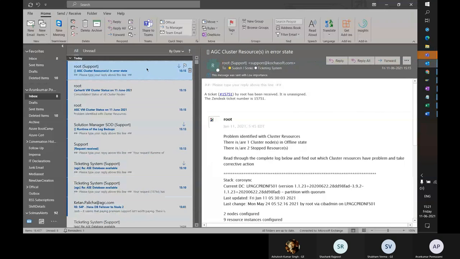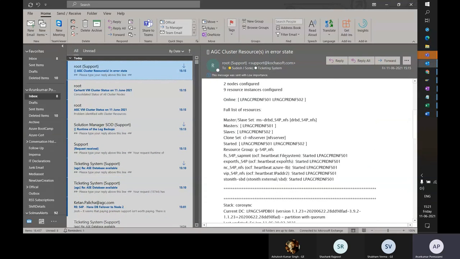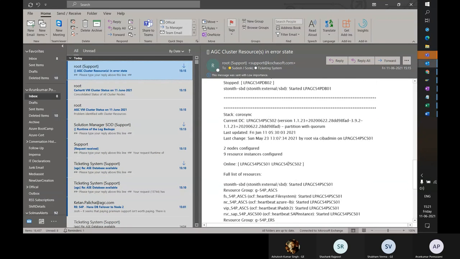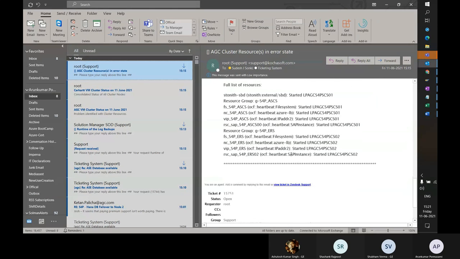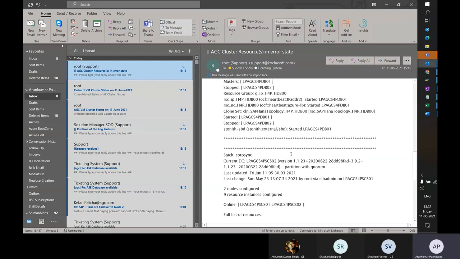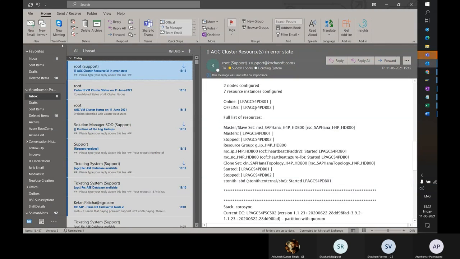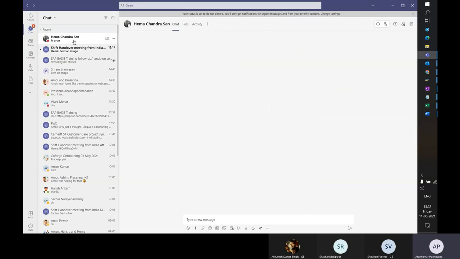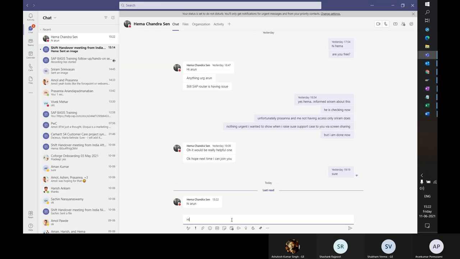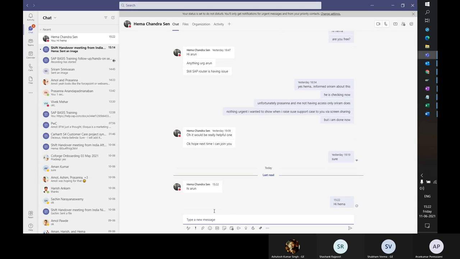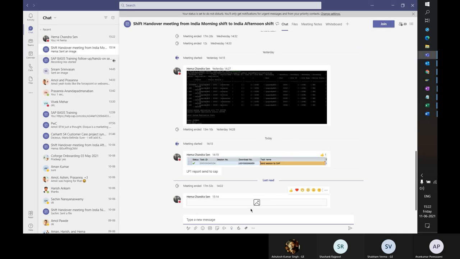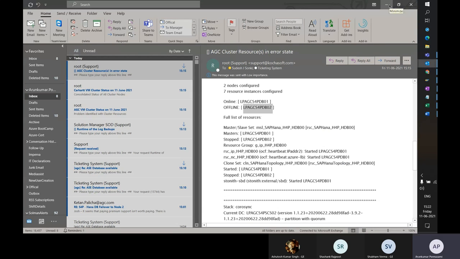One second, hold on. Once the server node is down,